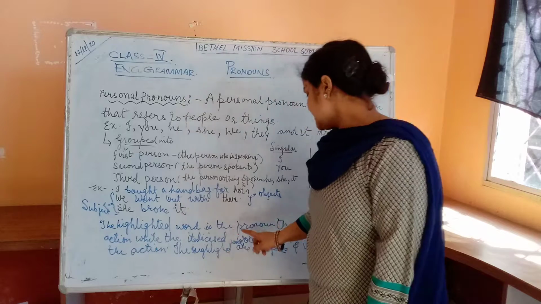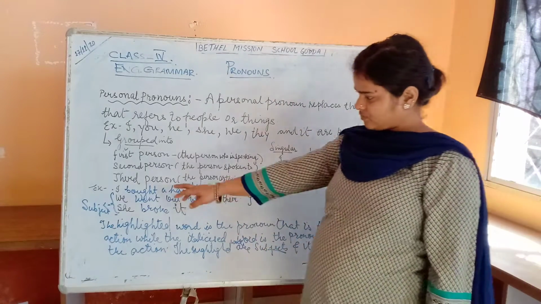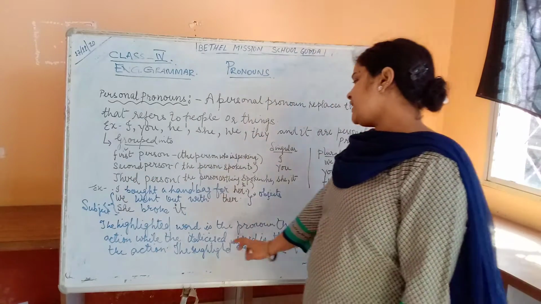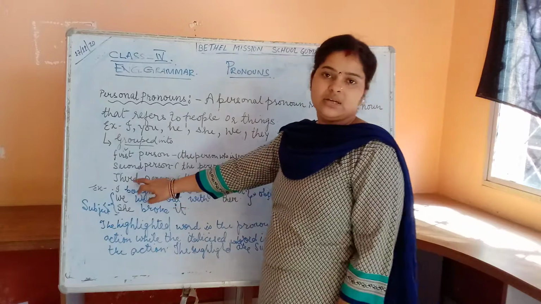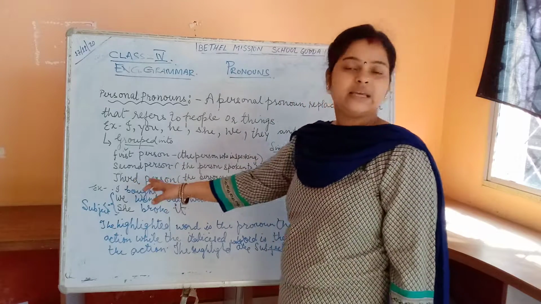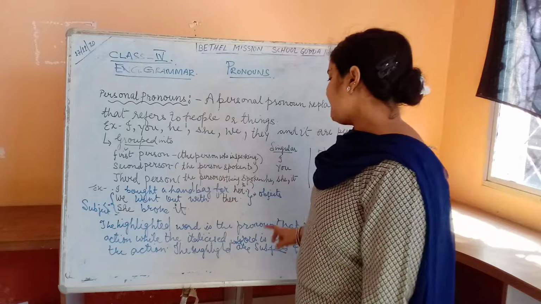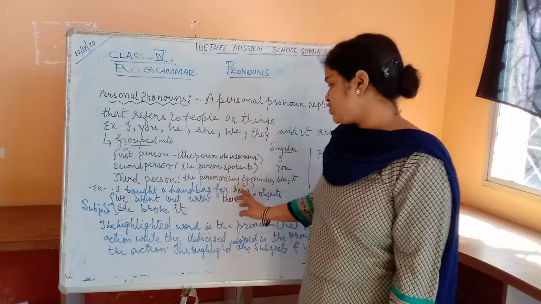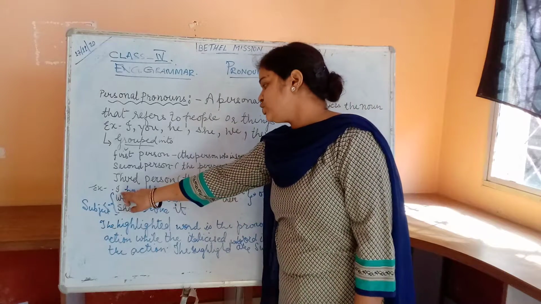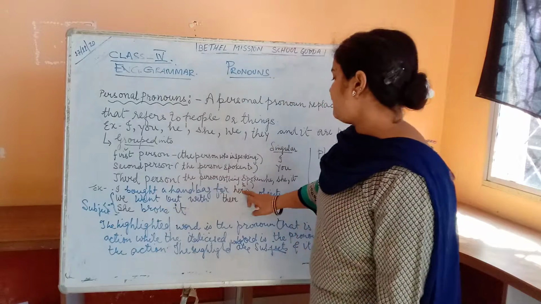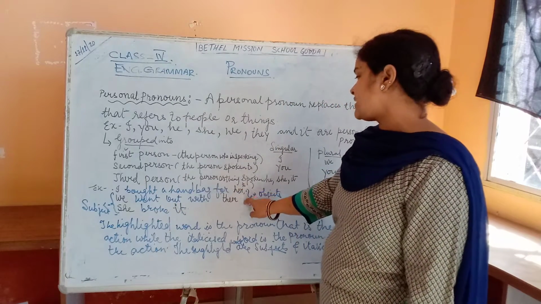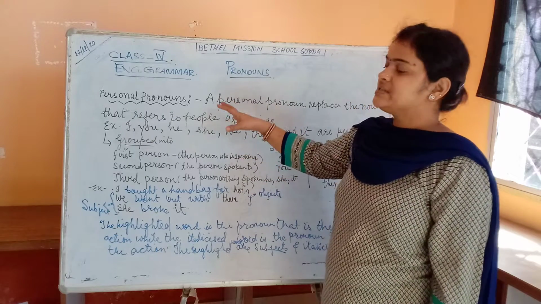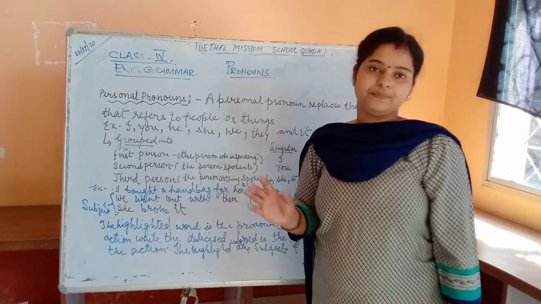The highlighted word is the pronoun that is the doer. So, I here is the doer of the action. What is the action? I bought a handbag for her. I is bringing the handbag, and for her, the italicized word is the pronoun that is receiving the action which is done. So I is the doer, the action is being done, and for her means the work is done for this person. Okay? In the second part, I will be discussing the rule. Let's see the rule.